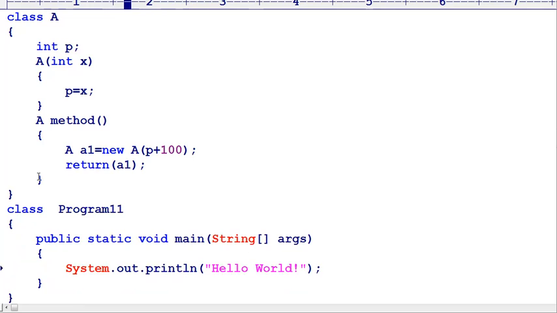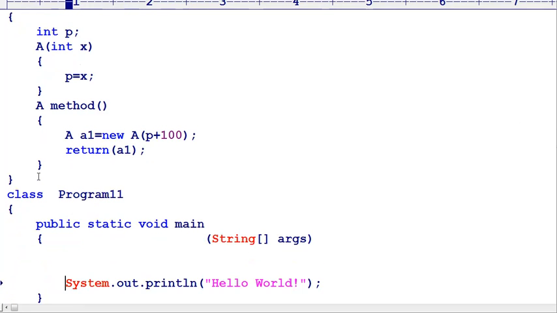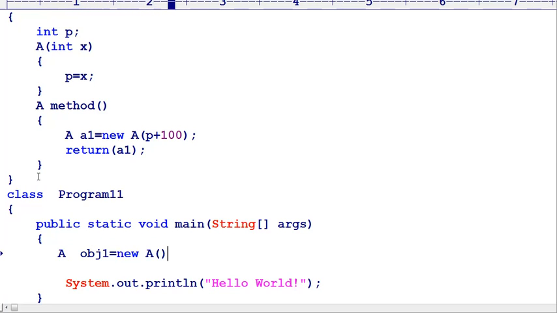Now in the main method, I would like to create an object of A. OBJ1 is equal to new A, where I am passing 2 as the argument. Let us understand.